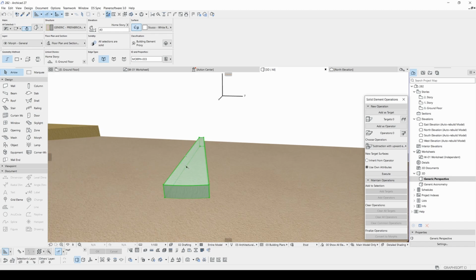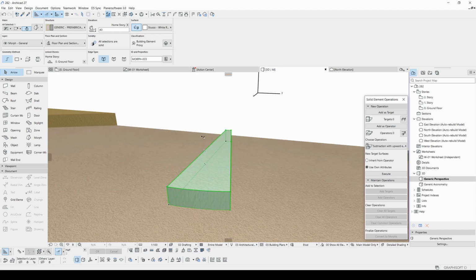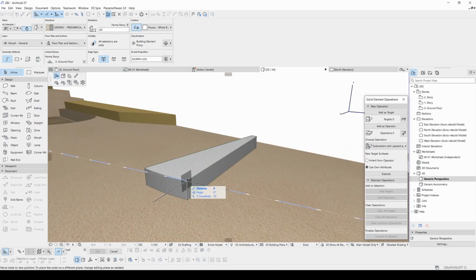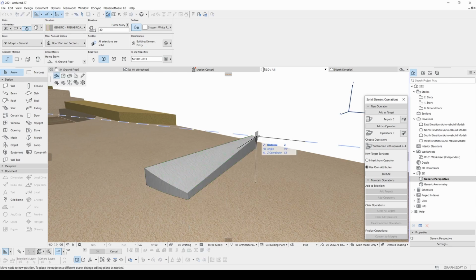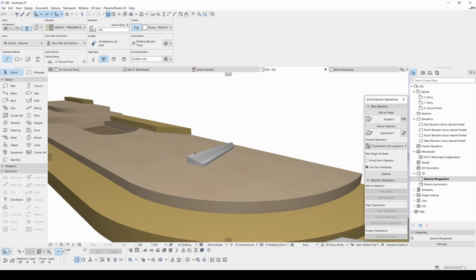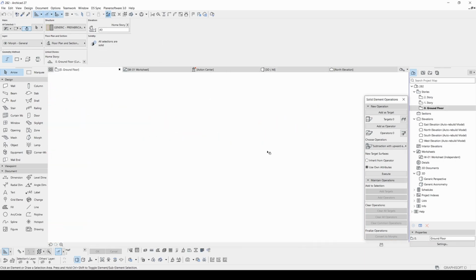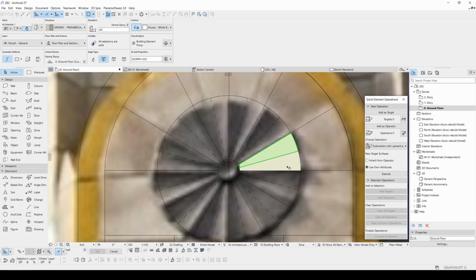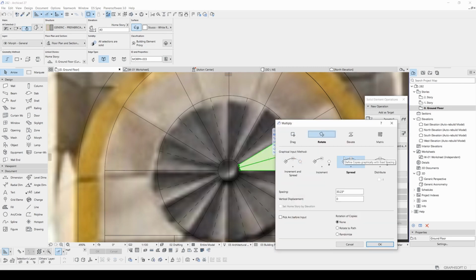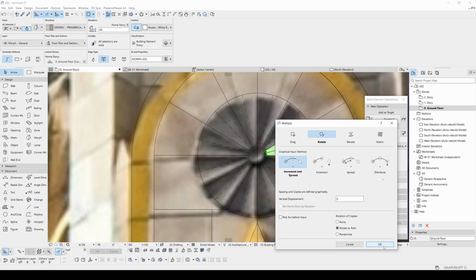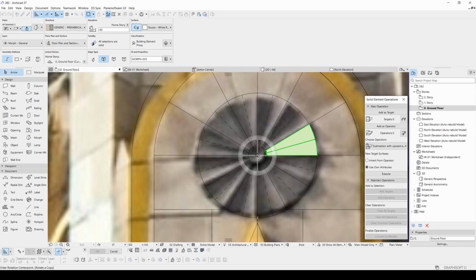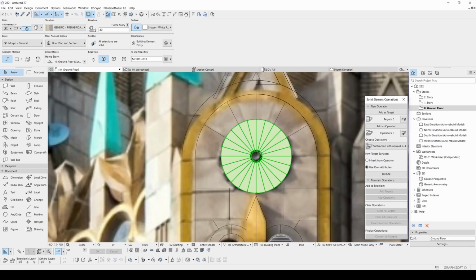I don't want to use the same material as the roof, so in the 3D rendering, you can change only this circle. Now we will click this point and push to the bottom maybe 10 centimeters, and the same distance. Now let's make a symmetry like this. Hit Ctrl plus U, rotate, and we will click this rotate to path. There you go. This is way better.